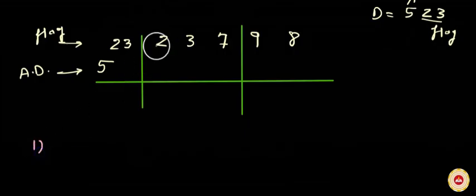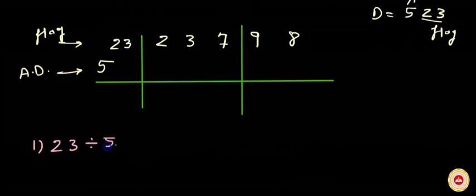Step number 1, starting from left side. Divide first left digit of the dividend by actual divisor 5. Okay, what is that first digit? 2. Divide 2 by 5, but cannot divide because 5 is greater than 2. So let us join second digit, next digit of dividend to this 2. Now it will become 23. So divide 23